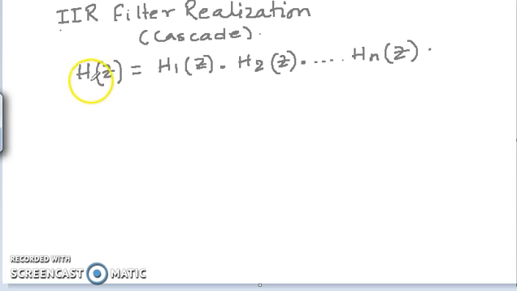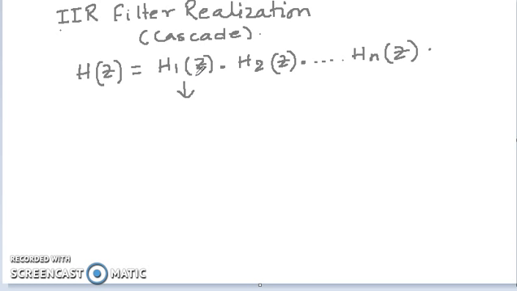When we take a numerical example, you will understand how we can factorize the quotients and get the different factors of H(z), and then take the factors in a multiplied way. So just take a look whether these parts, H1, H2, Hn, we can realize either in direct form 1 or 2. And as we know, direct form 2 is much more cost effective, and there is an advantage of it with respect to direct form 1.